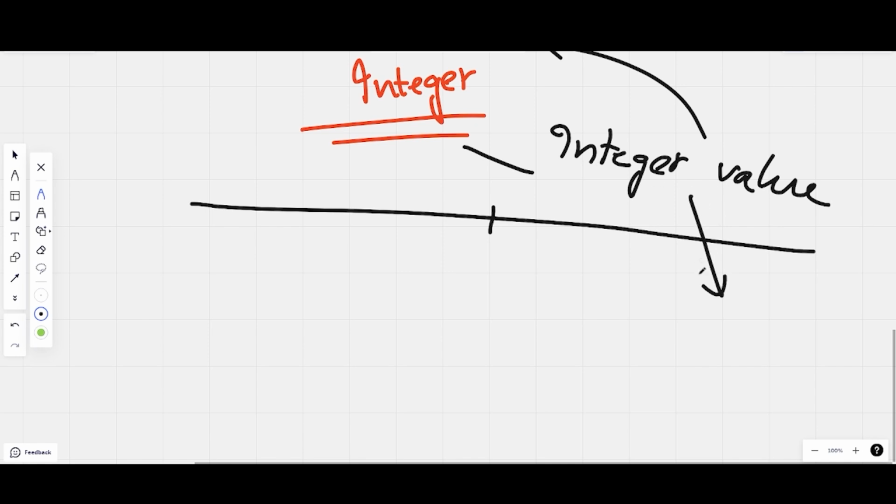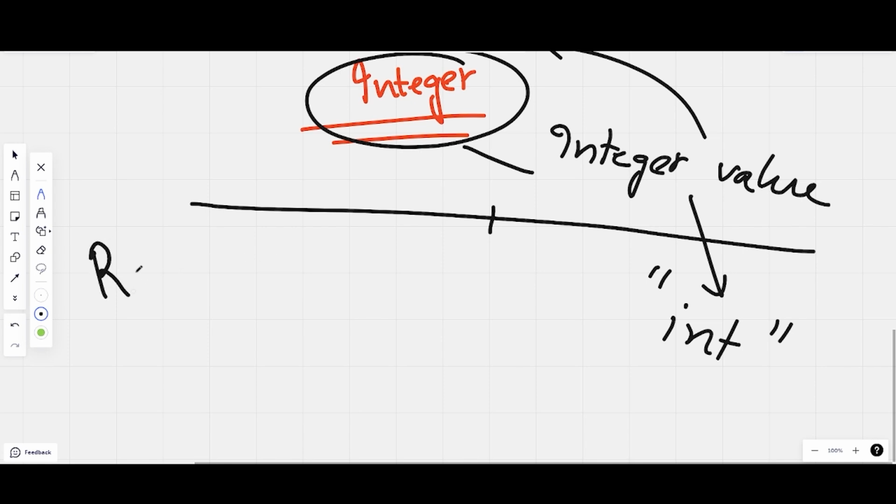And we refer to this using the int keyword, which is found in C++. That means the integer data type can carry all the integer type values inside it. But we have to know two things about integer, that it has a particular range.